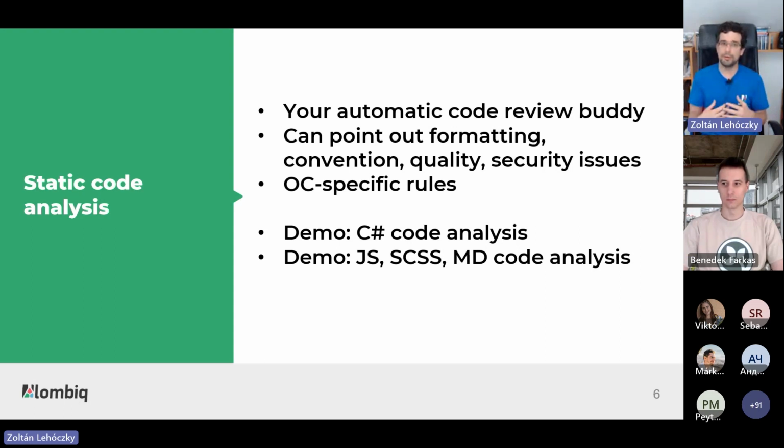There are more involved code quality rules as well, like are you checking for null references? Are you disposing IDisposable properly? And they can also point out security issues, not just in C# in general, but also